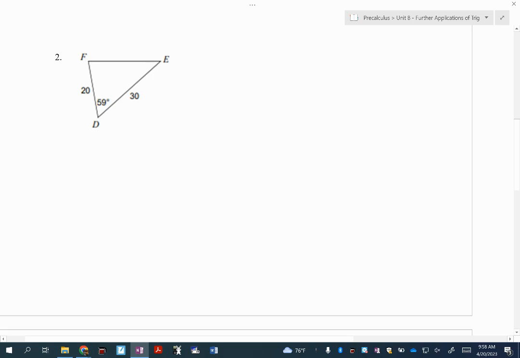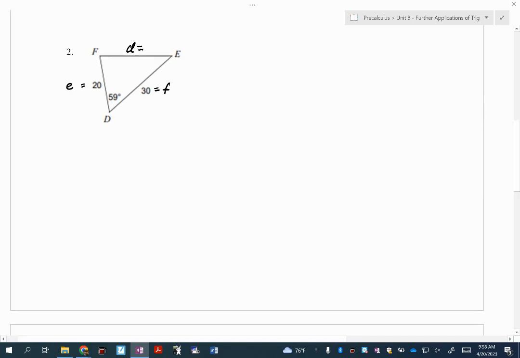If you're going to use the law of sines, you have to have a pair. What I mean by that is you must have the angle and its corresponding side length. So I have angle D, but do I know side length D? The answer is no. So that means I'm not going to be able to use the law of sines, at least to start in this problem. Once I get one of these values, I should be able to use the law of sines because then I'll have a pair. All right, so I'm going to use the law of cosines